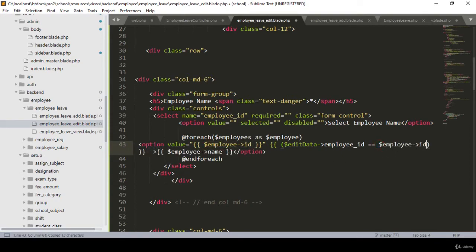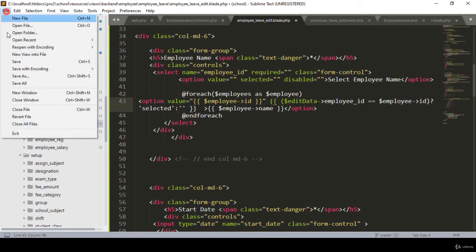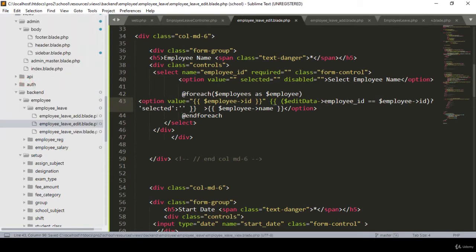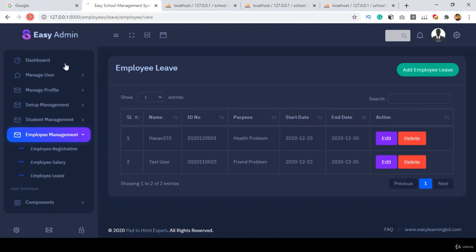Perfect. So I simply update it. When it matches, it should be selected, else it should be empty. That's all. Right now that should be selected. I check it. Now click Save All, and now refresh it,